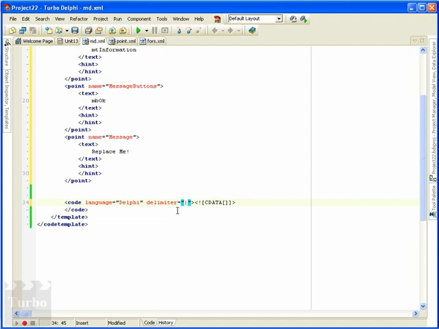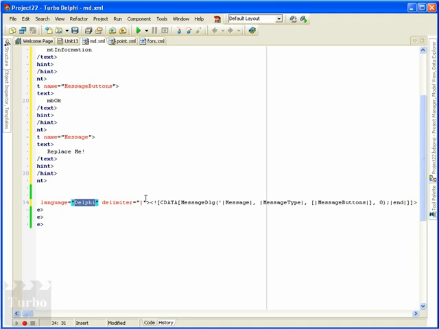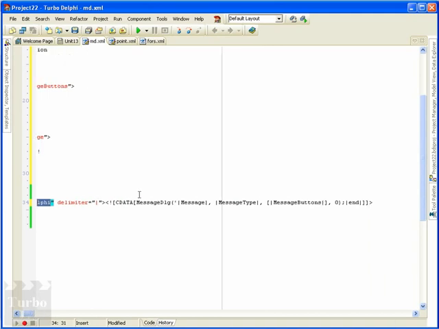And I'm going to go ahead again and stop the video and type in the code, and we'll go over it when I'm done. Okay, I'm back and I've typed in the code here. Let's go over it real quickly. First, we set the language type to Delphi. The delimiter we'll set to the pipe character, and then of course the key part here is inside the CData